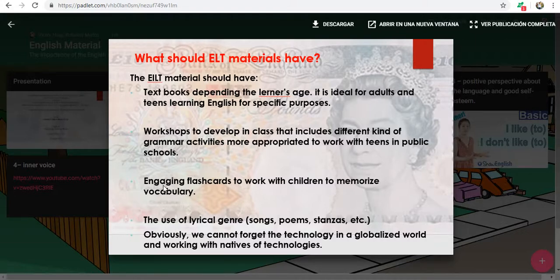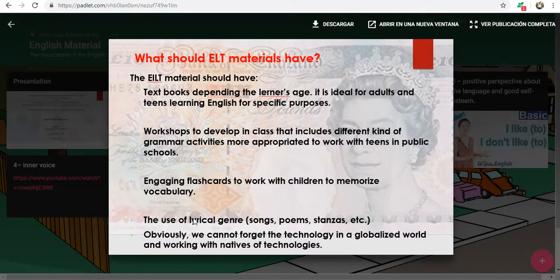When we are working in primary, it is so important for little students. They engage in flashcards, maybe videos, maybe easy grammar exercises, maybe drills to practice in class every day to memorize vocabulary. And in the first stages of the process with little children of garden or the first grades of the school, we must use the lyrical genre: songs, poems, stanzas maybe.